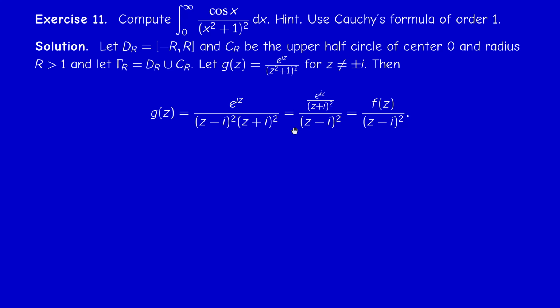So we do as we did in the exercises that I gave you in class. We start by writing the function to integrate, that we call g, as the ratio of a holomorphic function on a set which we'll have to determine now, over (z minus i) squared. Now, if you want to integrate on the lower half circle, you'll have to change a little bit. You'll have to take e^(iz) divided by (z minus i) squared, divided by (z plus i) squared. But let us stick to the upper half